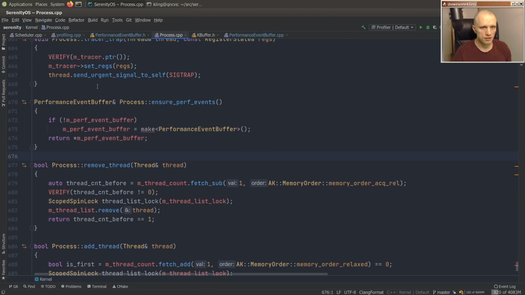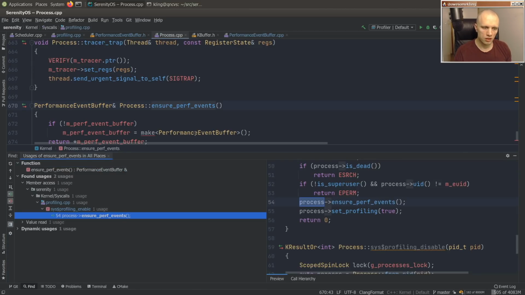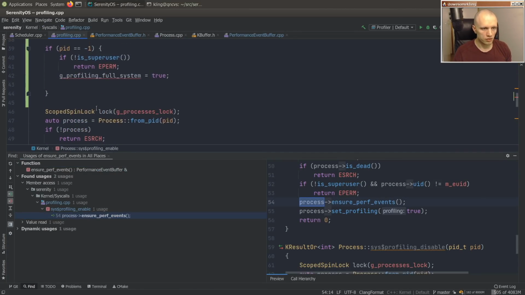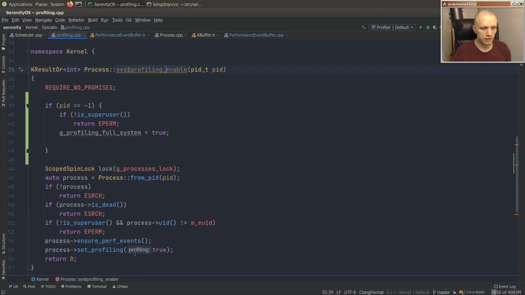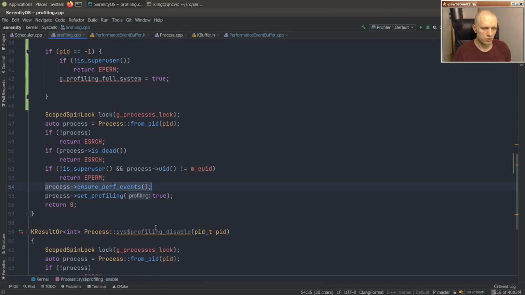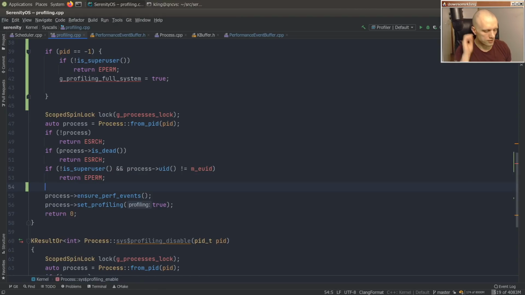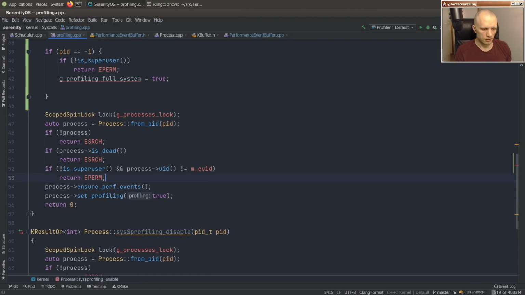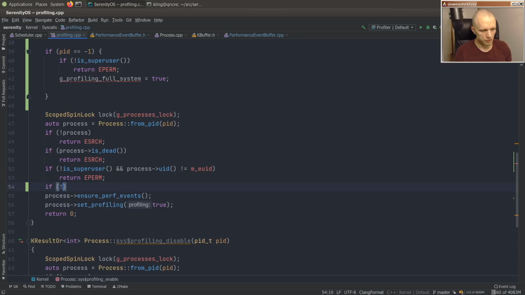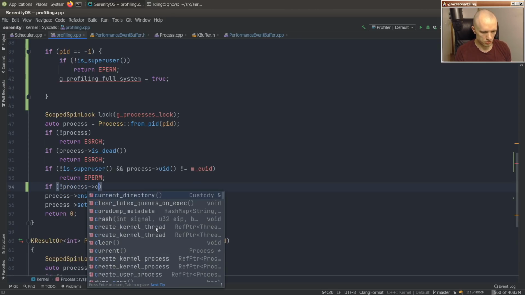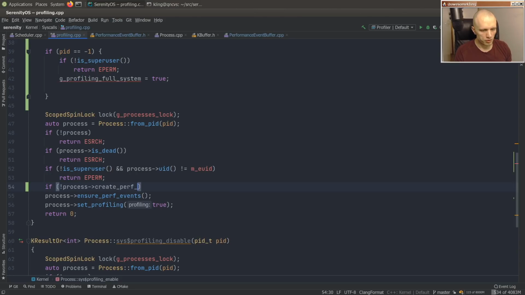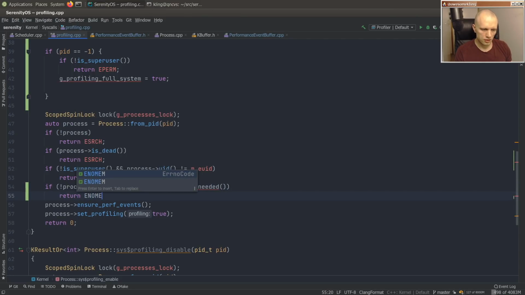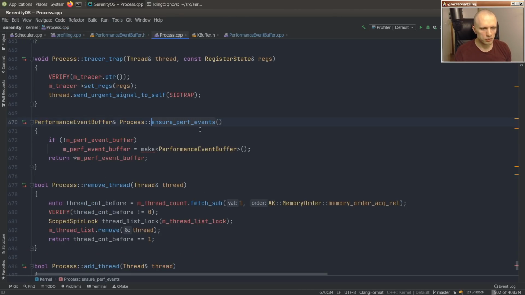So in Process::ensure_perf_events, right? So this is called by the profiling_enable syscall. So we shouldn't trust this thing to totally work every time, right? Like instead we should do something like, if process fails to create perf event buffer if needed, then we'll return ENOMEM. Yeah, I think that'll be better. And then